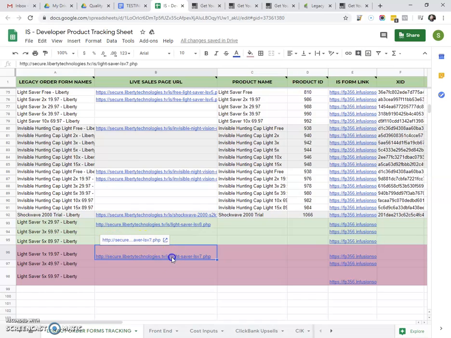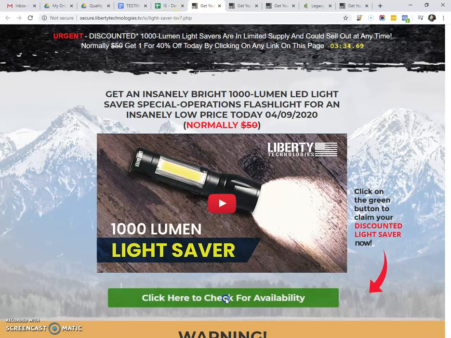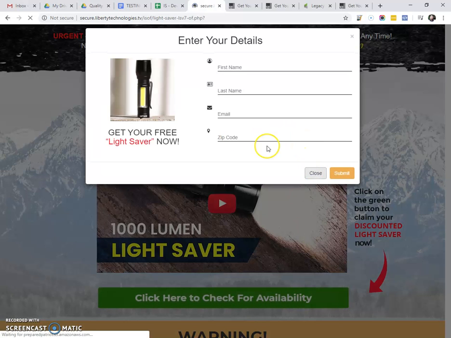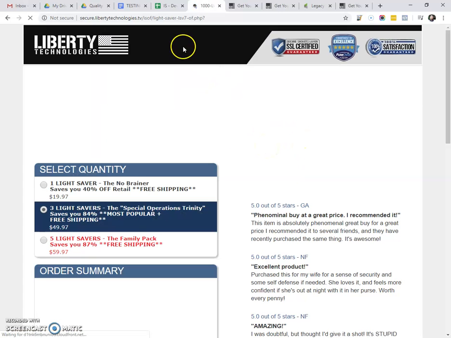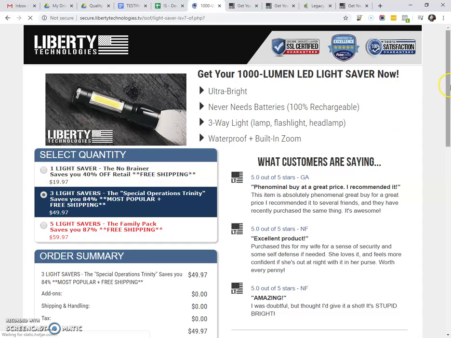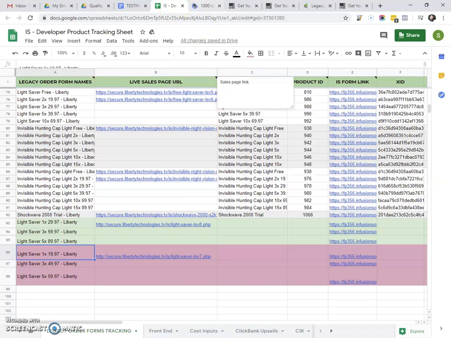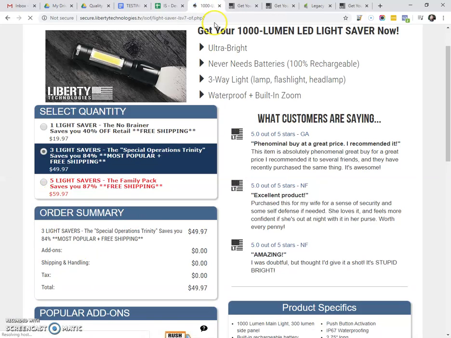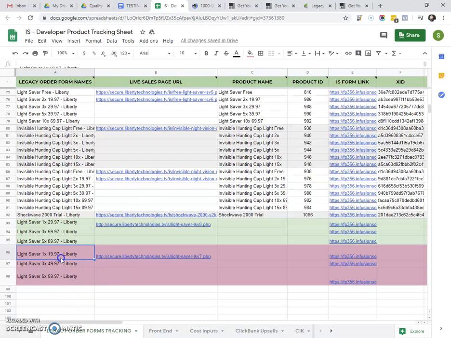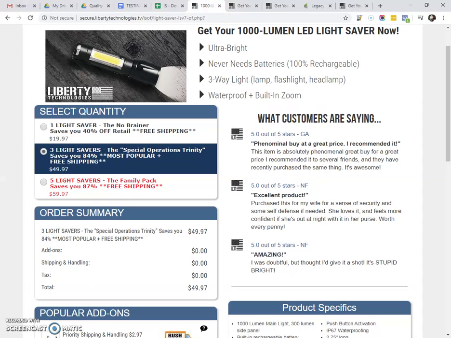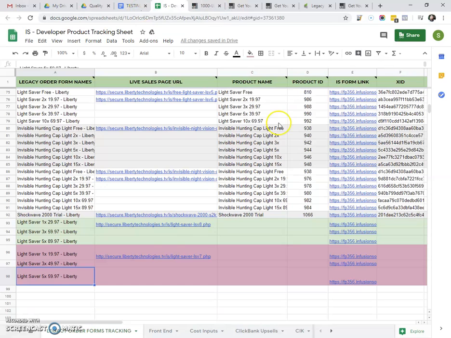First you need to check if this is correct. For version 7, you go to order forms, and this is the order form, and you may check if the quantity is correct. 19.97 is correct,